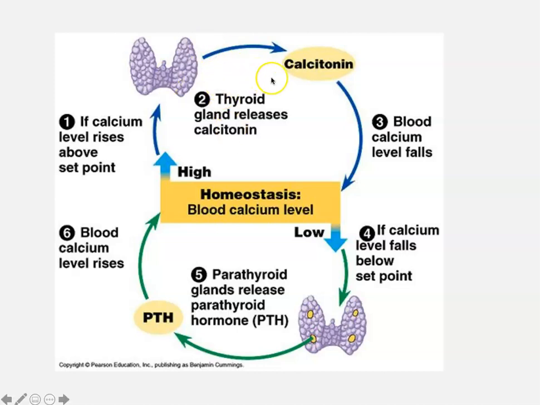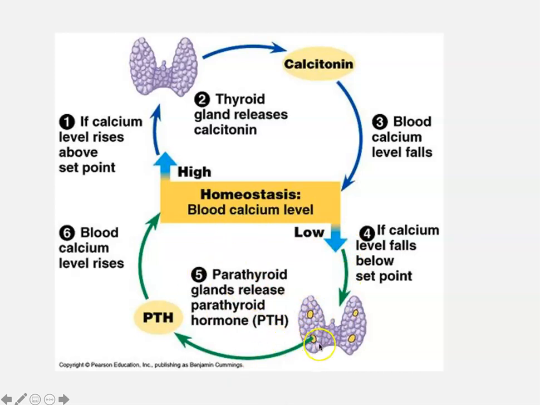So calcitonin, its function is basically to bring calcium out of the blood into the bone, okay? So it pulls that calcium out of the blood and puts it into the bone, and it essentially can be stored there. If your blood calcium levels drop too low, one of the hormones that will be released and produced